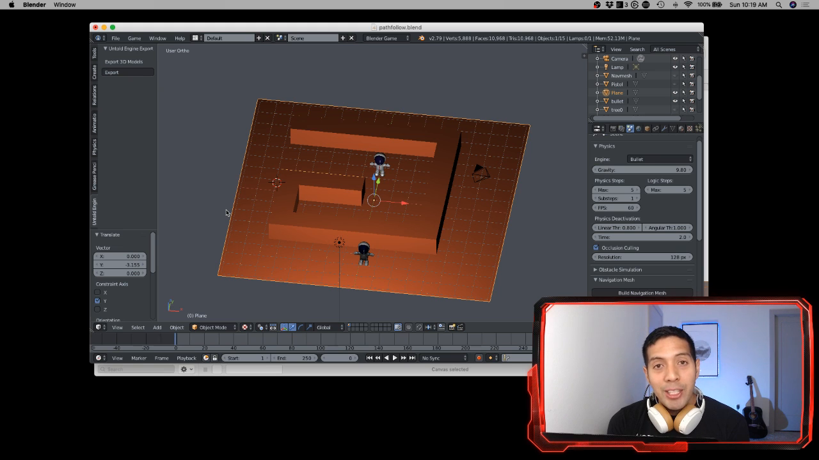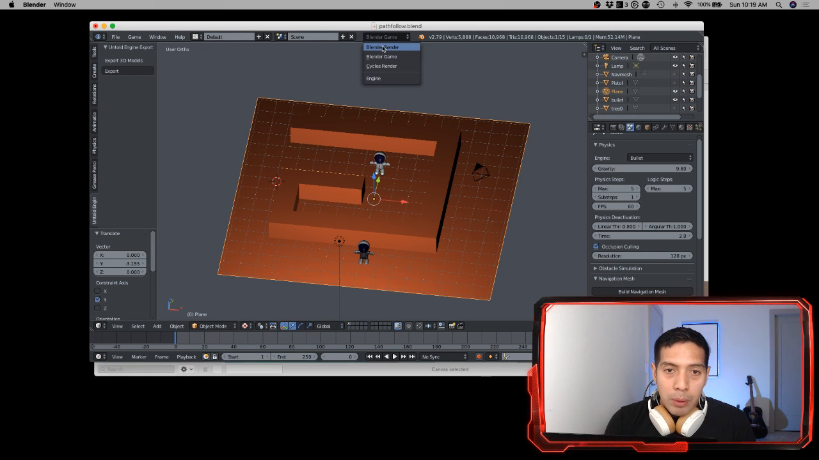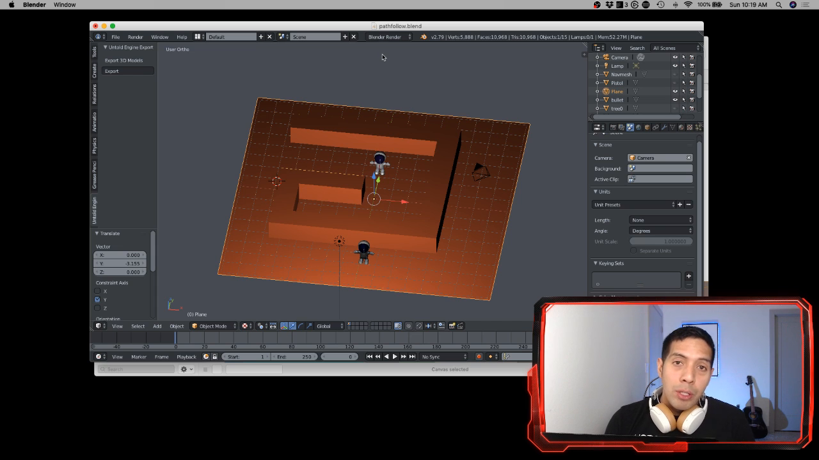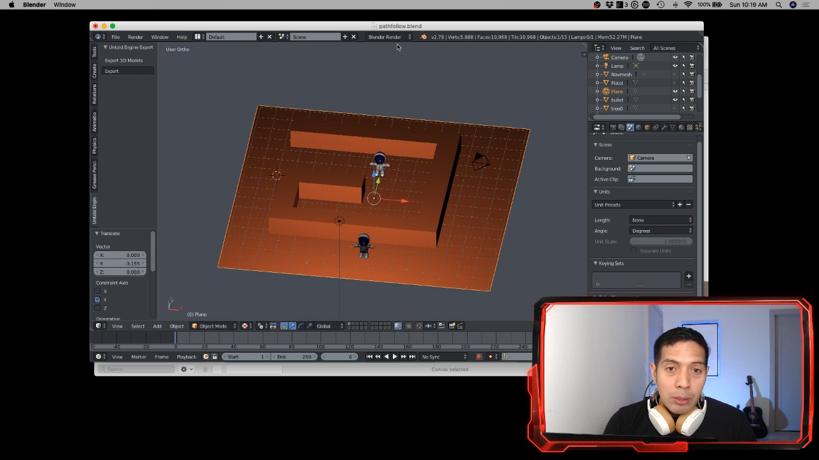Now in Blender, this is quite simple to produce. Well, basically, by default, when you open Blender, Blender is going to be in this mode, Blender render mode, right? But actually, all you really need to do is go to Blender game,